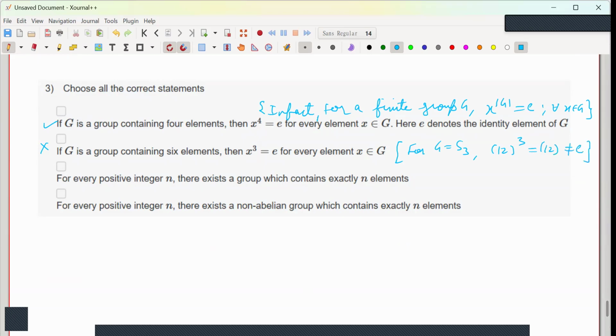Okay. Now what about the third one? Third one is true. Why? We can take Z_n and write the cyclic group of n elements. For every positive integer n, there exists a non-abelian group which contains exactly n elements. This is false. Why? We know that for any group of order less than or equal to 5, the group is always abelian. Right. So for n less than or equal to 5,